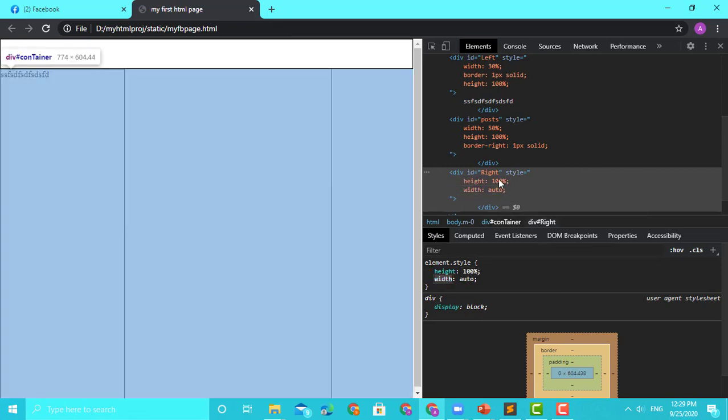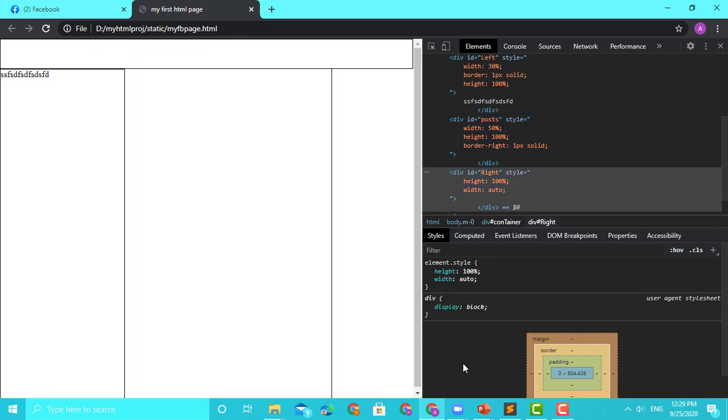Yeah, it hasn't taken the width, it still shows 0 into 604. The height is 604 pixels and the width is 0, so it is not working. So I am going to put 30%.